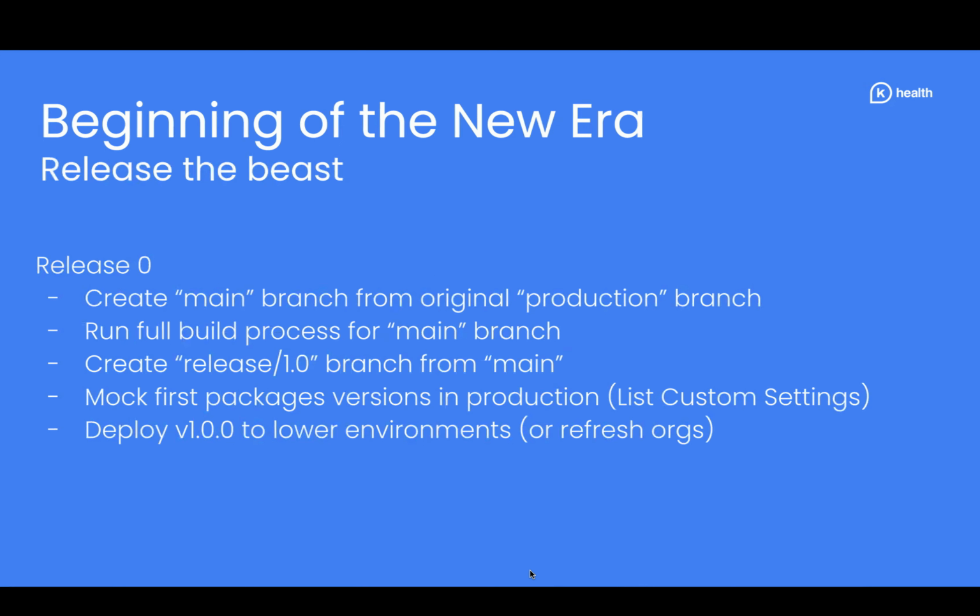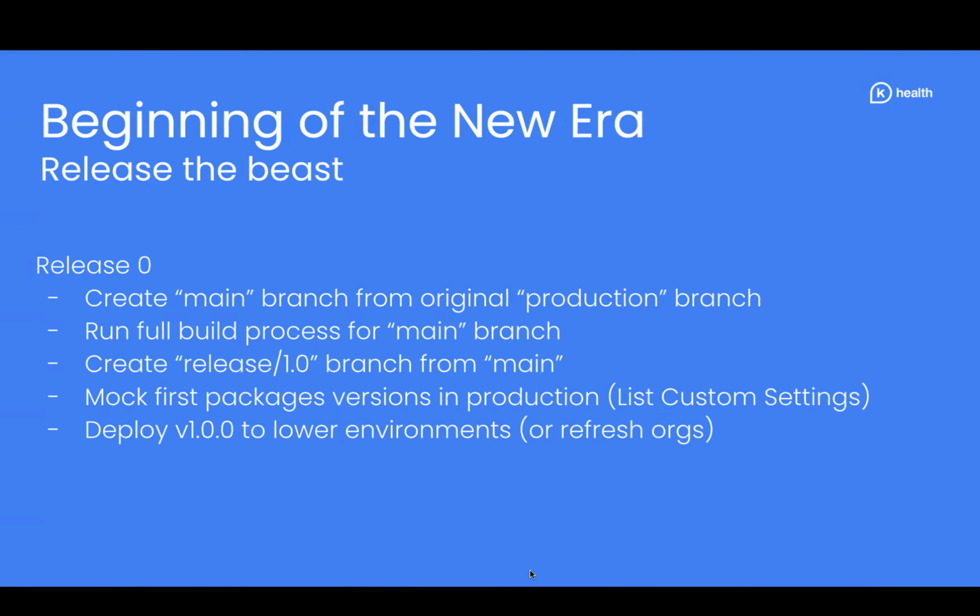We got to the point that everything became stable in terms of understanding of the validation and the processes, and we got the main branch, and the build is working. The history is that, and this is the way we did that. Hopefully you understand the idea, but we created the main branch from the production branch, right? So we indicated, hey, this is our canonical version of the project. Everything which is not there should not be there, or we will make sure it will be there later, right?